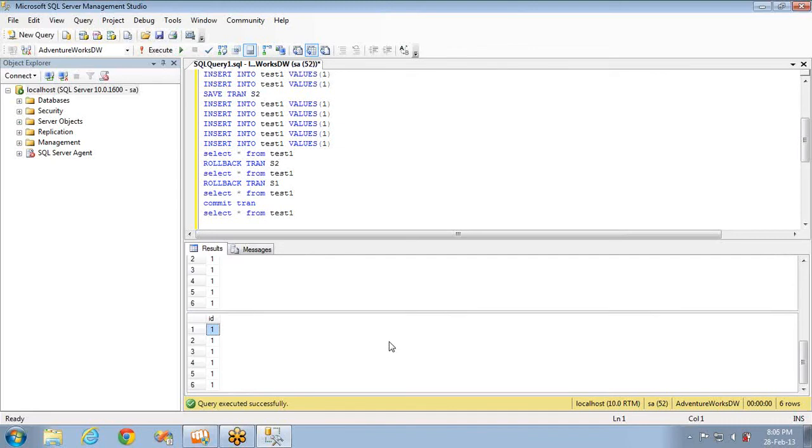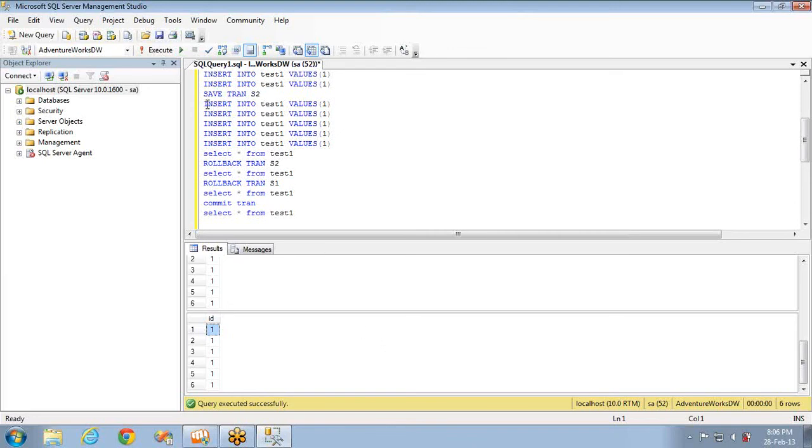So if you want to roll back before the final commit, then you have to use the inner transaction, then you need to have save points that will help you a lot, and to save a particular piece of transaction if any error occurred next to that.